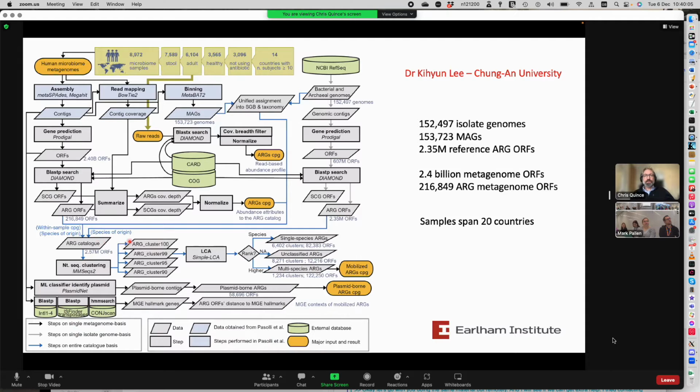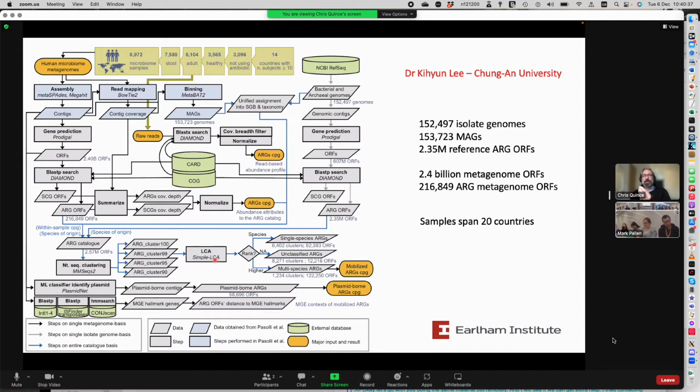To make sense of that, we clustered those genes at different levels of sequence identity. So we generated 100% identity clusters, and this is with a program called MMseqs2, which, if you ever need to do a large-scale clustering, is a really convenient piece of software. We did clustering at 4 different levels of identity, and then we performed LCA on the ARGs in